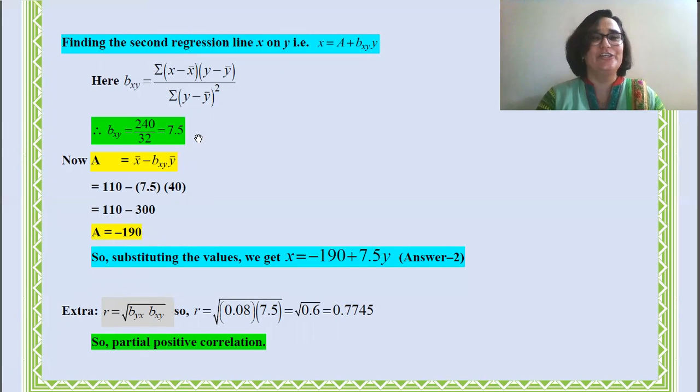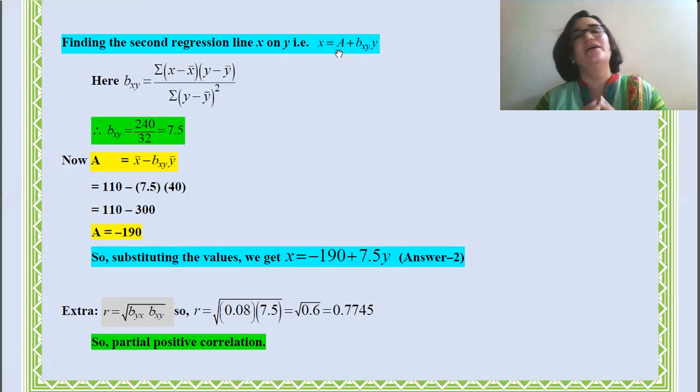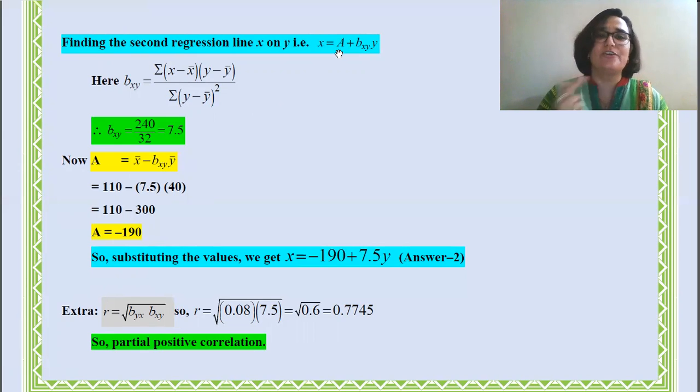7.5. Good going. चलिए. Second step में हम हमेशा क्या करते हैं? a की value ढूंढते हैं. अब देखो. y on x पे हमने छोटा a लिखा था और x on y में हम कैपिटल A लिख रहे हैं. इसीलिए लिख रहे हैं ताकि आप कंफ्यूज ना हो जाओ. So just remember, whenever we now talk about x on y, हम कैपिटल A लिखेंगे so that there's no confusion